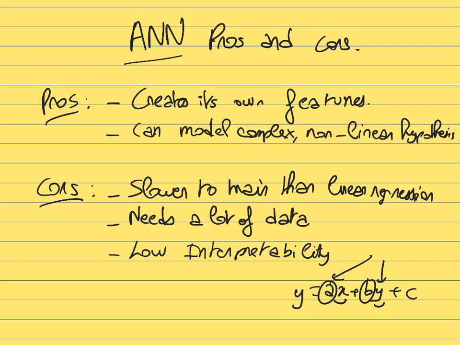When you are using an artificial neural network, it's almost impossible to understand what the model is doing. It's going to come up with its own features that are very non-intuitive. If you just directly look at the values of the coefficients theta 1,1, theta 1,2, theta 1,3, etc., you cannot understand anything about those values. It doesn't tell you any useful information. Actually, when you train an artificial neural network, you cannot even know which feature is the most important or which feature is not so important. You don't get any new knowledge from the model. It gives you an answer, but it's very complex to understand why it gave you this answer.